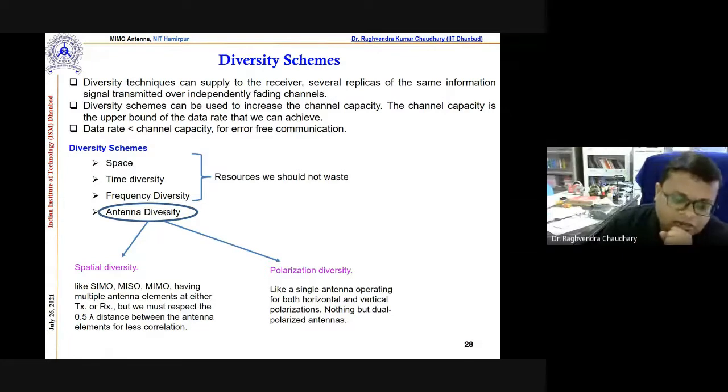We have already seen a number of systems, like single input multiple output, multiple input single output, and multiple input multiple output, which provide this at the receiving and transmitting side. Another part is polarization diversity. Let's say if we have a